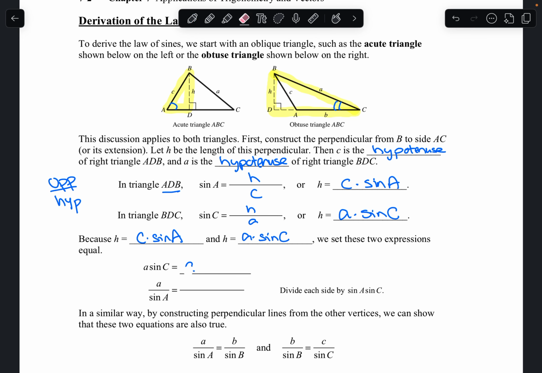So A times the sine of C equals C times the sine of A. And if we divide each side by sine A sine C,